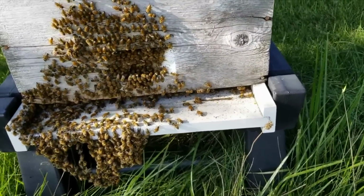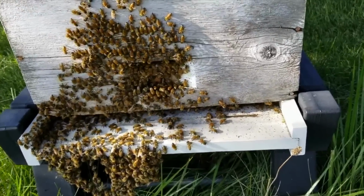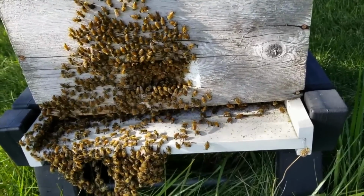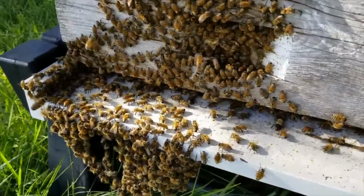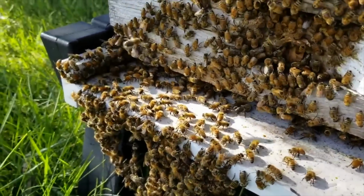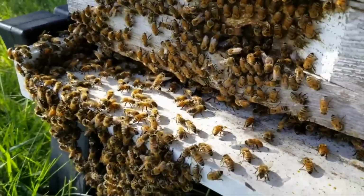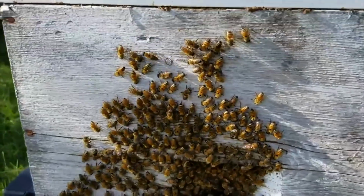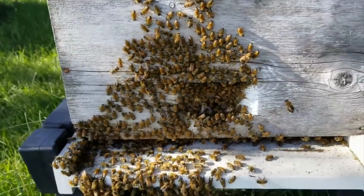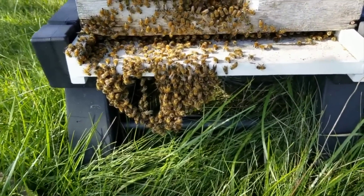Look at all those drones coming home. It's about the time the drones are done, so that's all the noise you hear. These big drones are flying home. Wow, look at them. These are all drones. See them landing? It's about 4:30, 5 o'clock. So these are just bees that are very prolific, very strong colony, and what they're doing